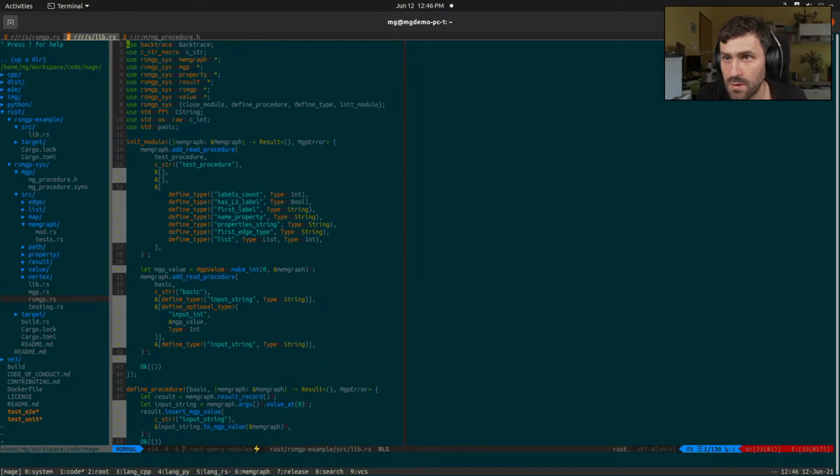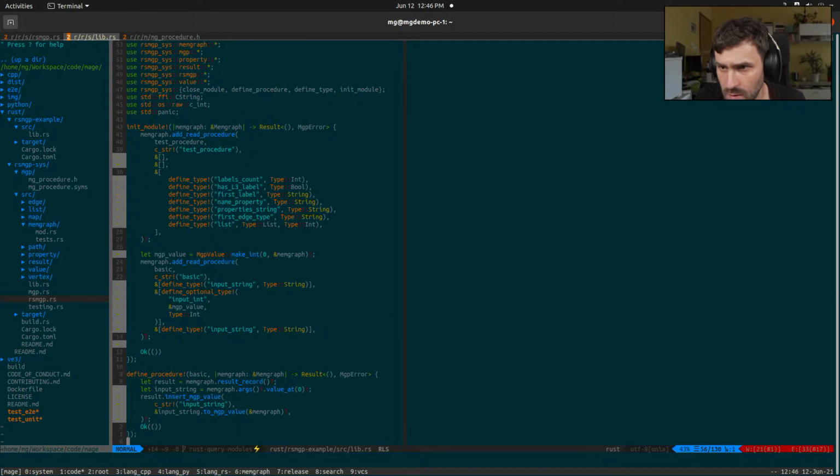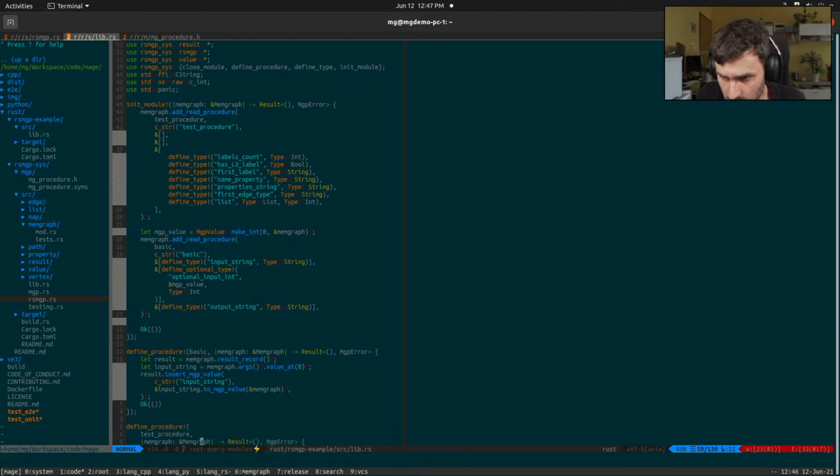Okay, we have the type here. Define type input string. Optional input int. Great. And here